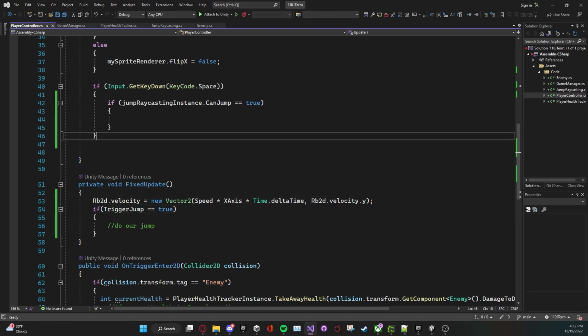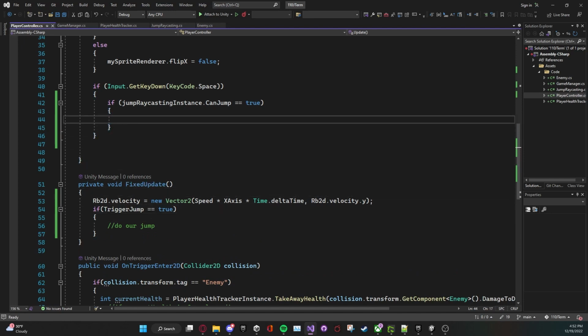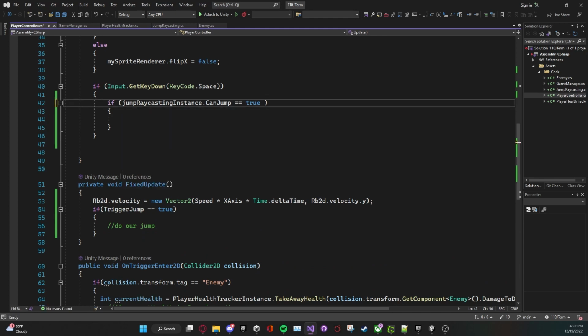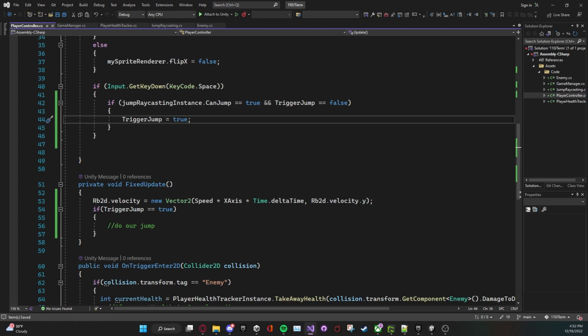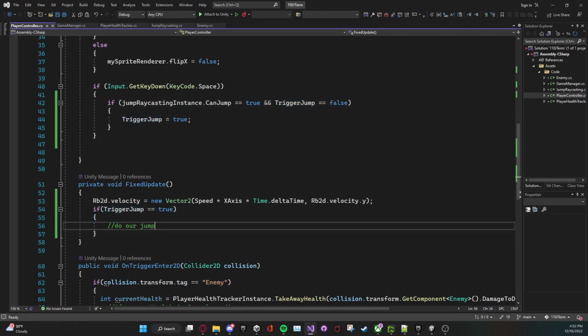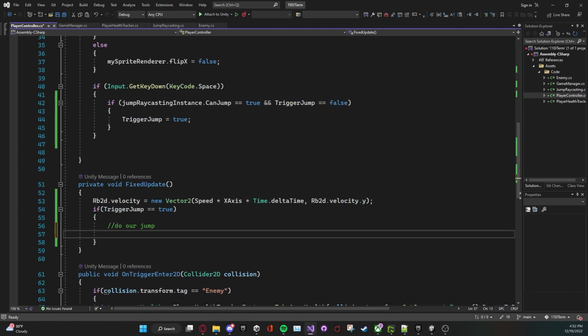But we forgot up here to say, or we'll compound this and say, and trigger jump equals false, then we can say trigger jump equals true. Because obviously we don't want to jump multiple times, right? So if I say if trigger jump is true, then do our jump. Well, that would simply be